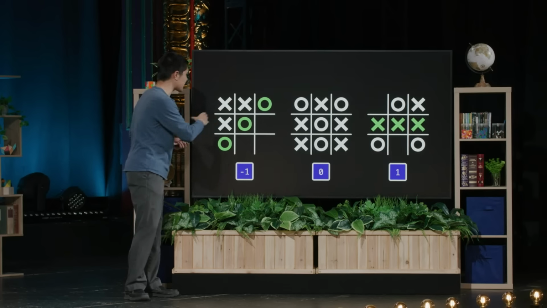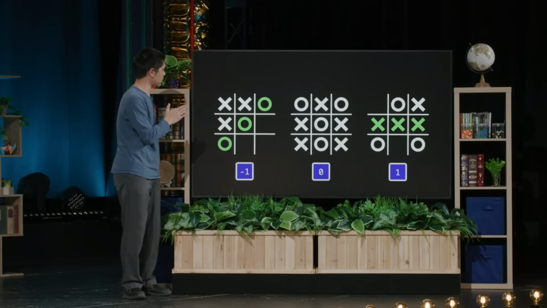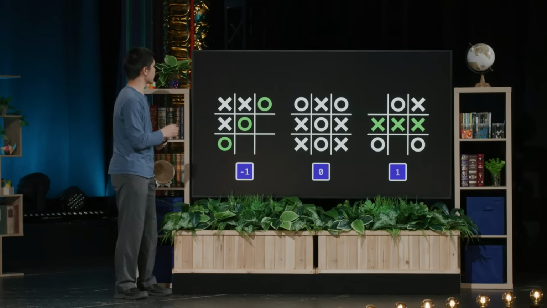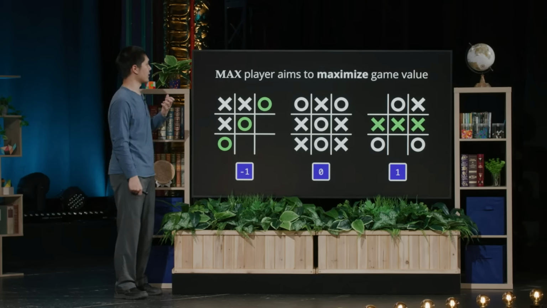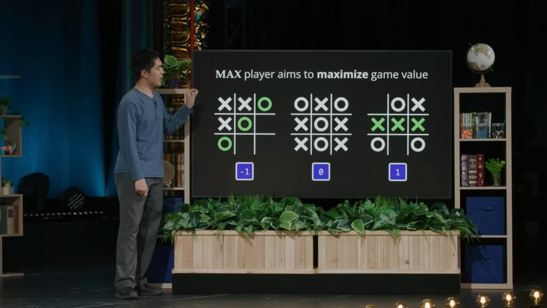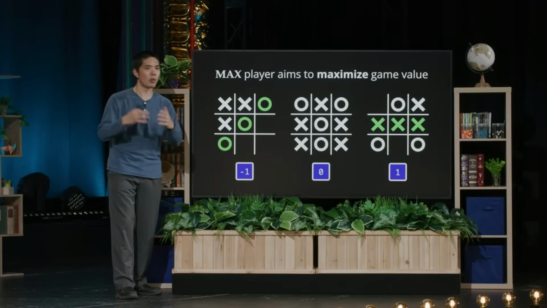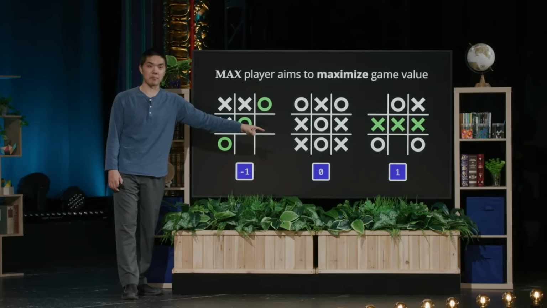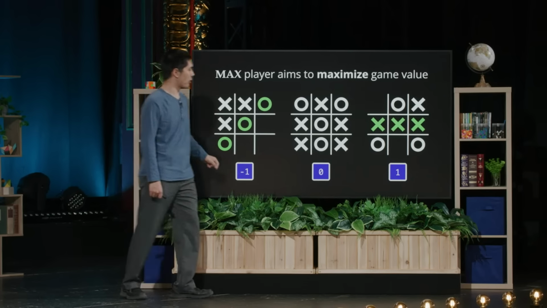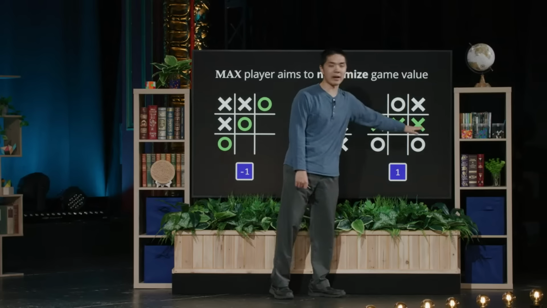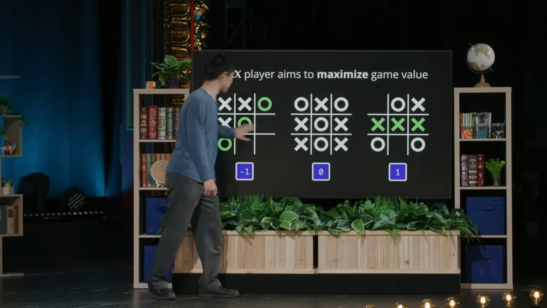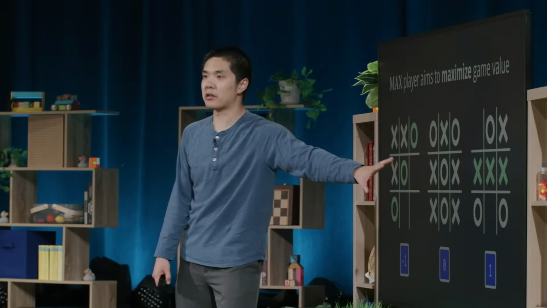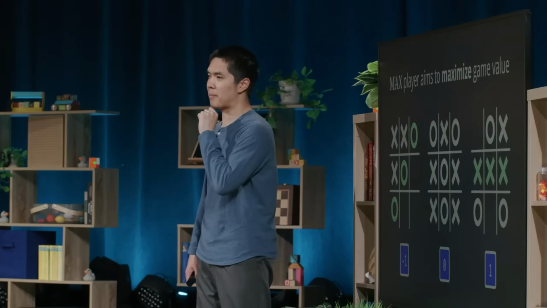I didn't have to pick these exact numbers, but I did have to pick numbers so that I could at least describe a mathematical goal for each player. And what do I mean by that? Well, one of the players, the X player, who we'll start calling the max player, their goal in this game is to maximize the game's value. They want the game's value to be as big as possible. And the biggest value here among -1, 0, and 1 is that +1. So the max player wants to get to this +1. They want X to win. But if that's not possible, and they have to choose between these two, then a 0 is still bigger than -1, meaning tying the game is still better than losing the game from the X player's perspective.